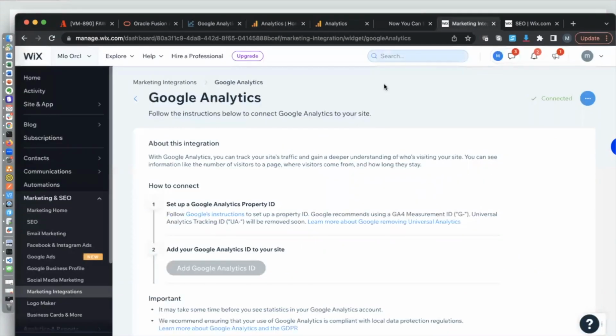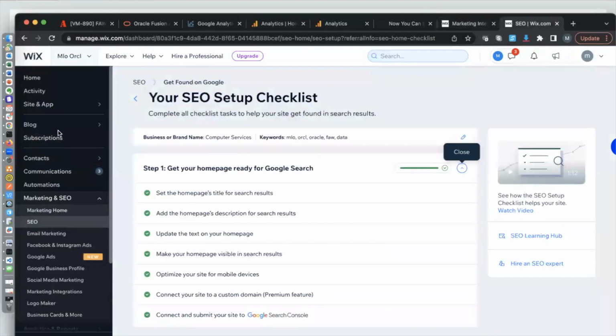In Wix, there's a couple of configurations that need to happen. The first one is in the site manage dashboard. You need to enable what's called the checklist. So basically, making sure that there's a homepage in your website, so that it appears in the search result. There's a description. That there's some required tags for Wix in the homepage, and most importantly, to make sure that